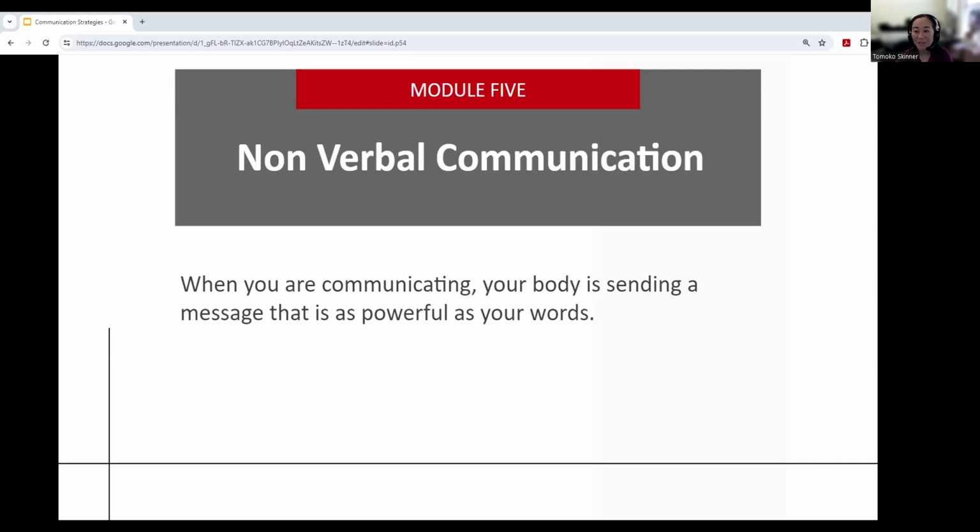So this is the first goal of this module, to help you understand how to use body language to become a more effective communicator. Another goal, one which you will achieve with time and practice, is to be able to interpret body language, add it to the message you are receiving, and understand the message being sent appropriately. With this in mind, let's look at the components of nonverbal communication.